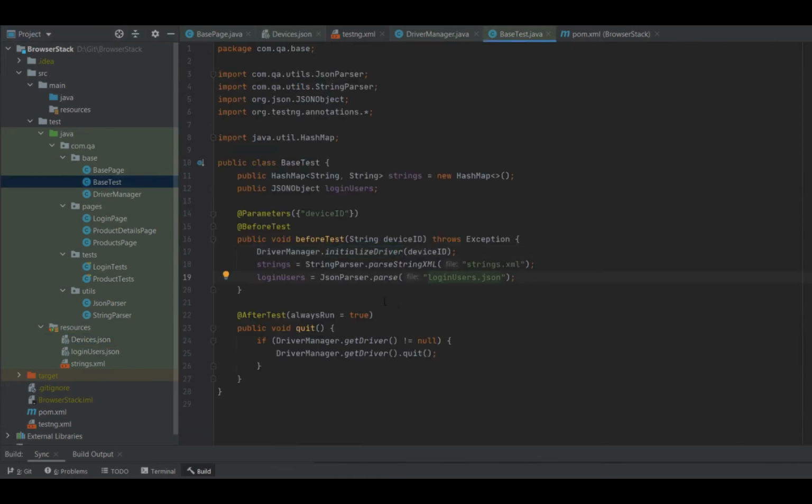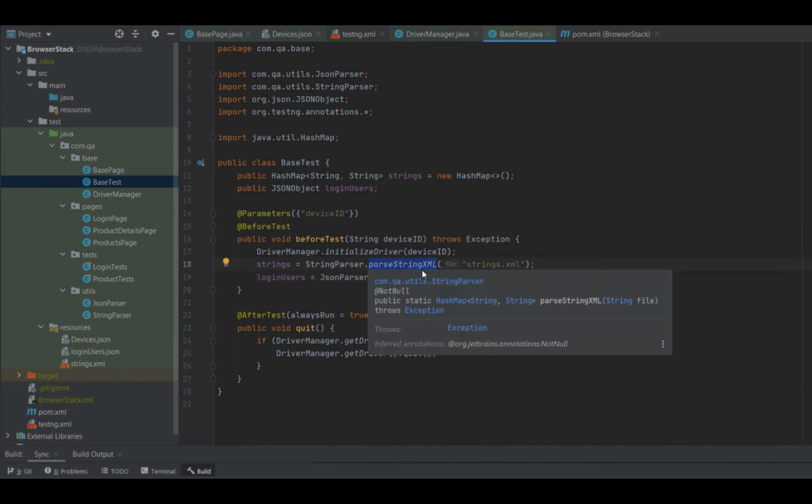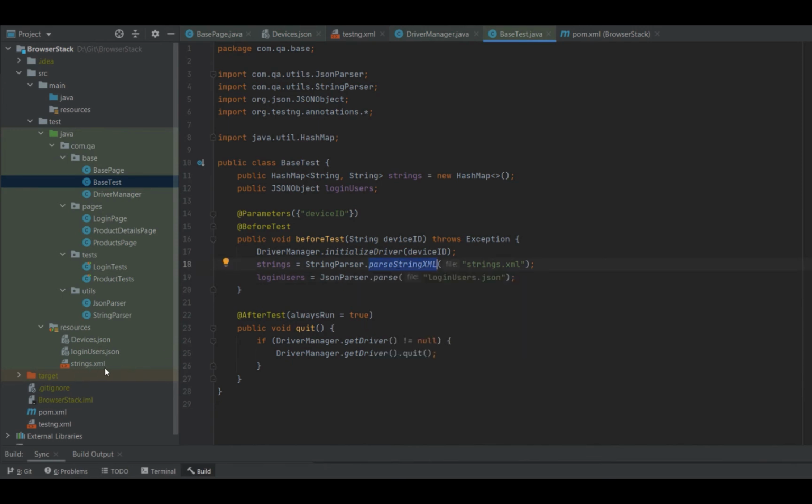And here I am using two different methods, one to parse the strings XML. So we have got strings.xml created for storing our static text, and we are collecting it in the strings variable, which is a hash map. And similarly, we have got the login users.json file created, which stores our user information that we are going to require in our test cases.